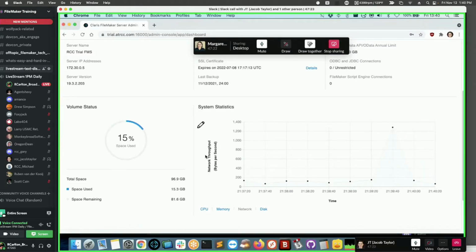The charts in here are pretty limited and lame. I think the space is useful. I think the CPU and the memory are useful. Beyond that,